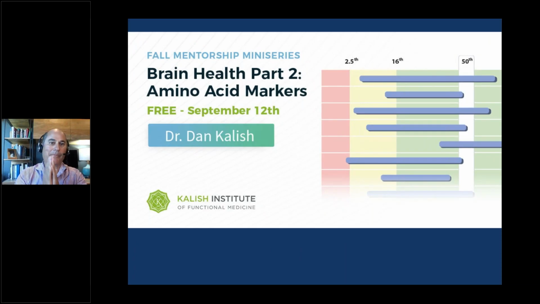This is on brain health, amino acid markers. Specifically, we're going to talk about amino acids. And this is, I don't know, perhaps my favorite subject. It's a very interesting subject. It's something that most people don't study that much or that carefully. First of all, it's really interesting. Second of all, it's a super common problem. And thirdly, you can help gazillions of patients.